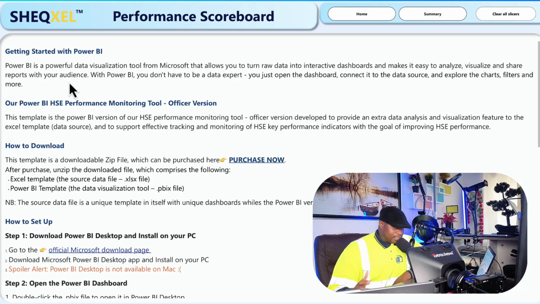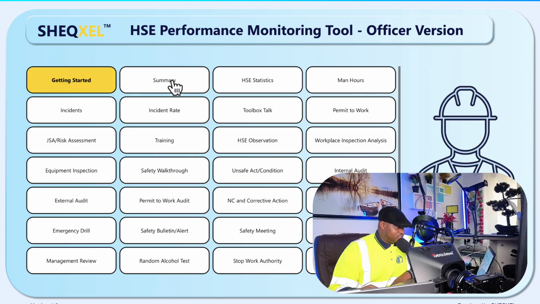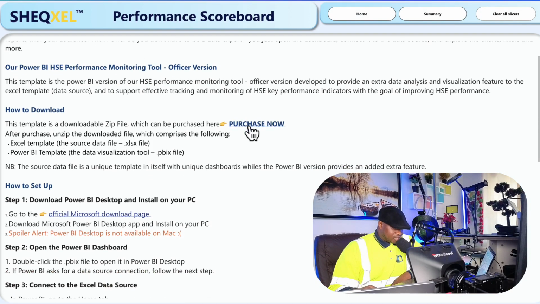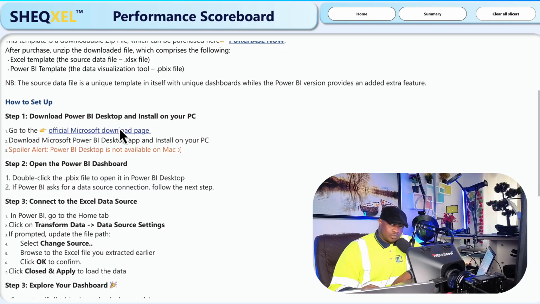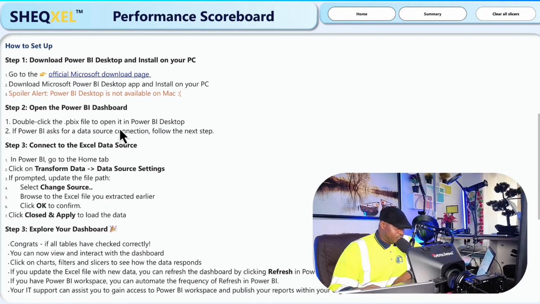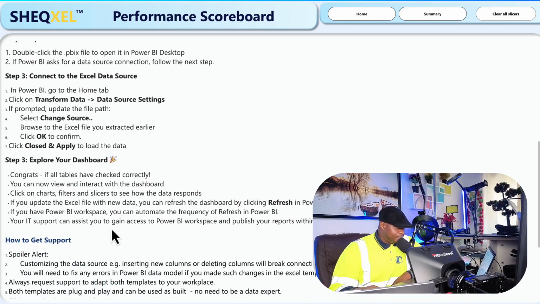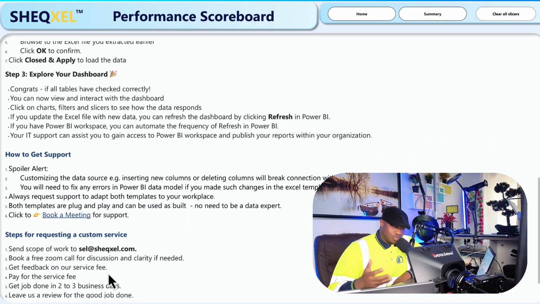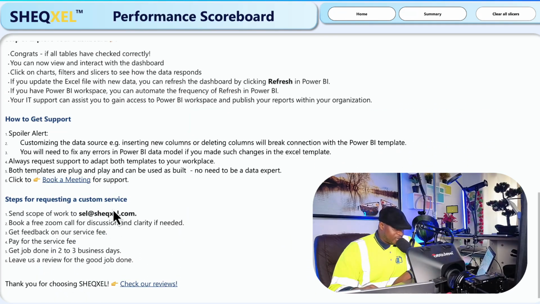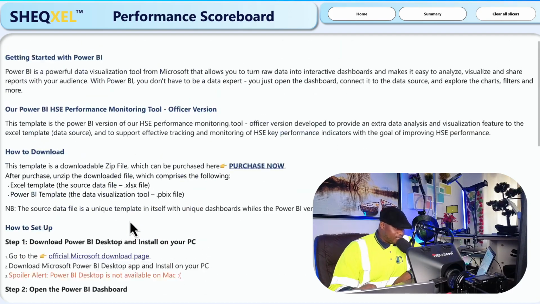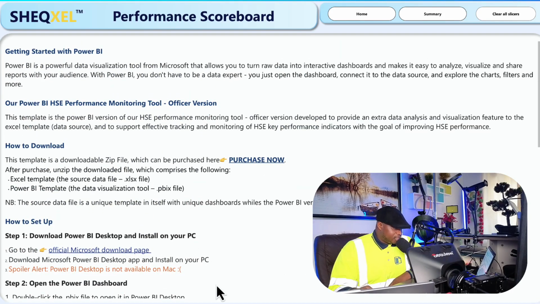Before you get started, we have the getting started feature that tells you a little bit about Power BI, the HSE performance monitoring tool. All right, so this one is actually looking at the officer version. All right, so we have the manager version as well. And if you want to purchase, you can always purchase here. We give you how to download Power BI onto your desktop, and then how you can connect it to your data source, which is the Excel file, and how you can actually explore and get support as well. All right, if you want support, book a meeting and we want to jump on a call right with you. All right, so let's have a look at